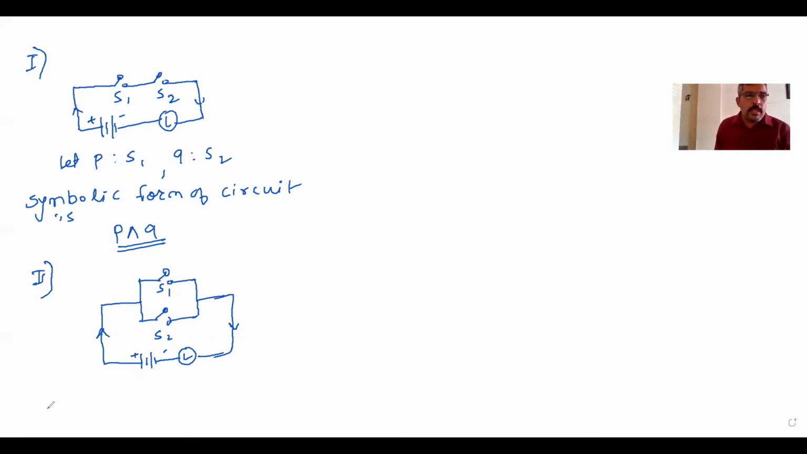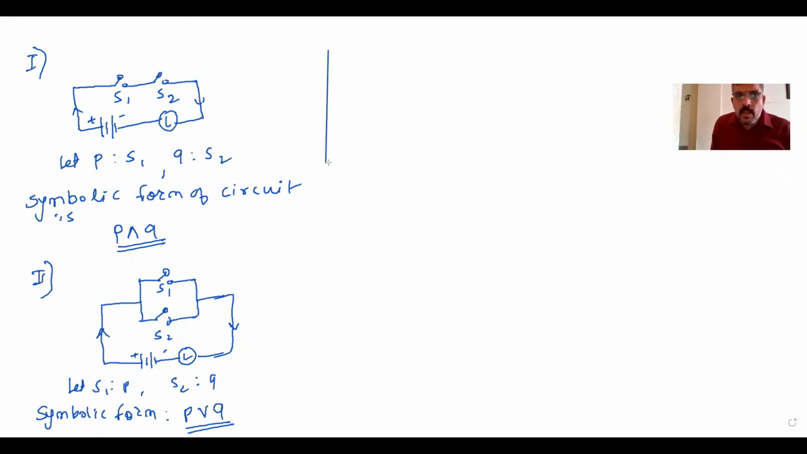Similarly here, if we consider S1 denoted by P and S2 denoted by Q, then the symbolic form is P or Q. It is exactly the same as P or Q. How is it so? As you know, in the truth table of conjunction, we have already seen,